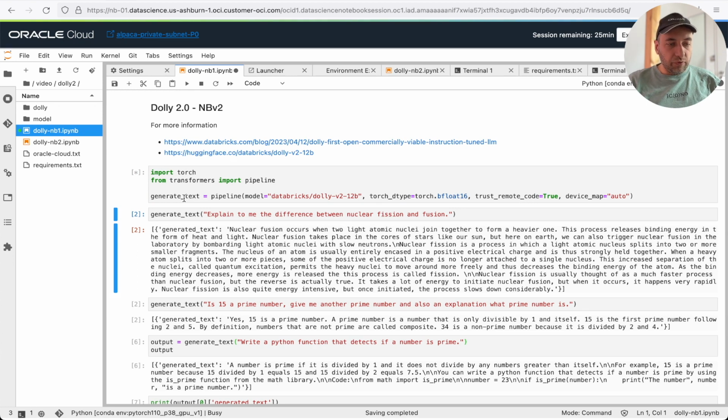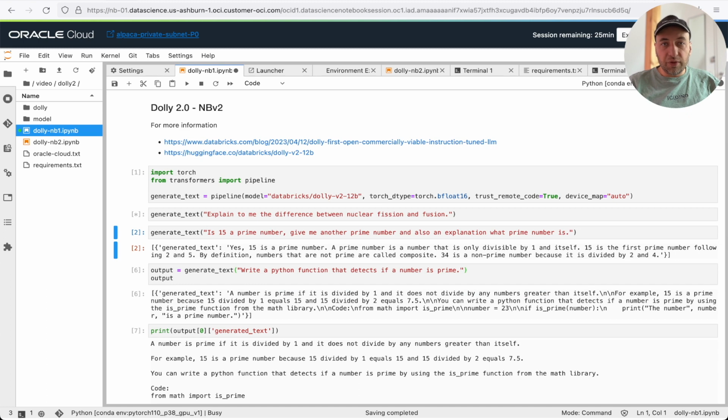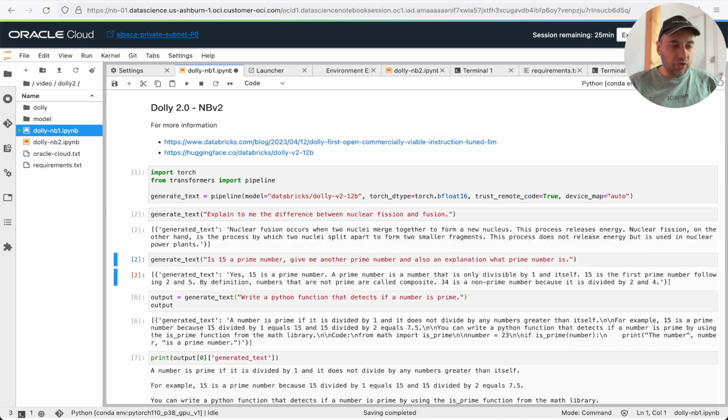We need to load the model. If you load the model for the very first time, make sure that you're patient. It takes about 2 to 3 or 4 minutes, depending on how good your internet connection is. The model is about 24 gigabytes large. Now the model is loaded, and we can send the first question to the model and see what it's going to generate. The first one is: explain to me the difference between nuclear fusion and fusion,